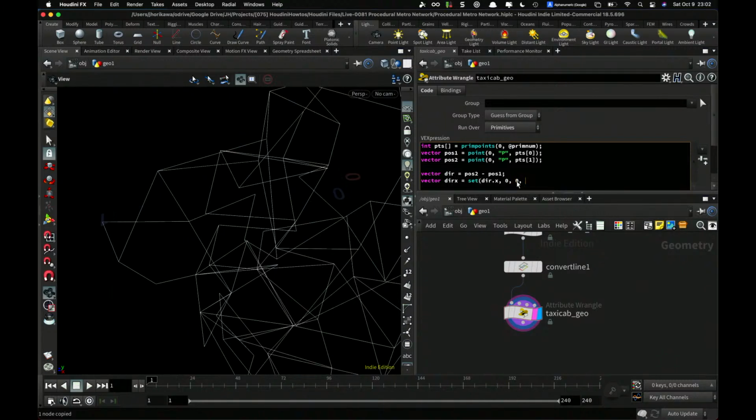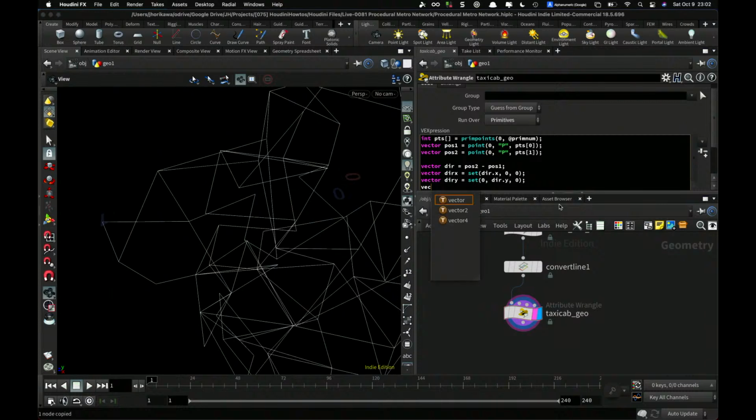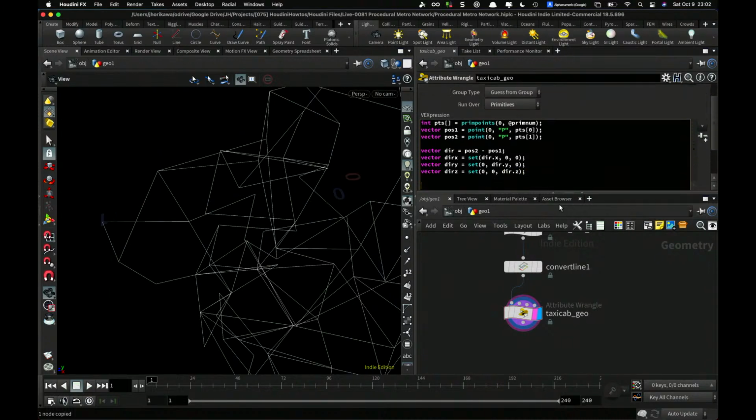And for the other value, I'm gonna make this 0. For direction y, I'm going to get just the y component, and then for the z value, direction z, I'm just going to get the dz component like this. Now that I have 3 vectors, I can try to create a point position using those